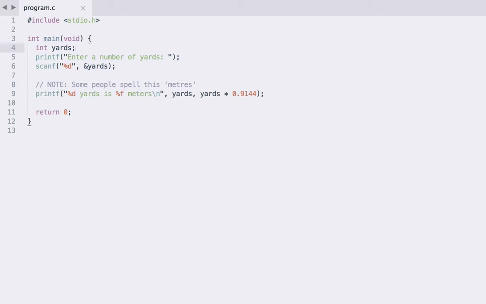Now we were talking just a second ago about trade-offs in magnitude and the number of values you can represent with a certain number of bits. So this probably raises a question to you, which is, well, how many bits do I have to play with? How many bits does our yards variable have? How large a number can we represent using this int variable yards? And unfortunately, the answer is it depends. So type sizes in C are mostly implementation defined, which means particular compilers can choose what sizes they want to make the basic types to make things fast for a particular platform or architecture.